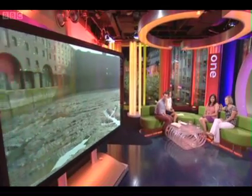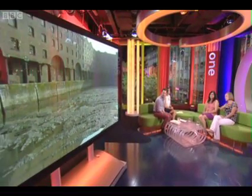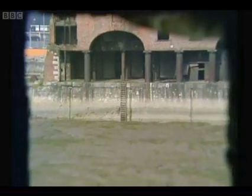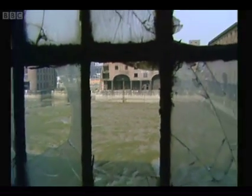Well, in the early 80s, there was a massive amount of dredging. They dredged all this horrible mud out of the docks. It took years and years and years. They cleaned it up. They opened it in 1987. And nature has a wonderful way of just cleaning up our mess, basically, and regenerating itself. And the results are on the